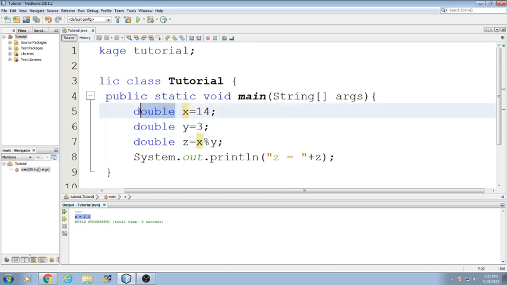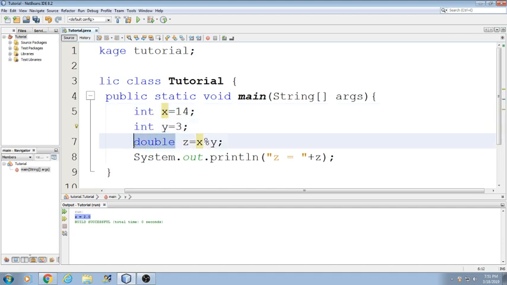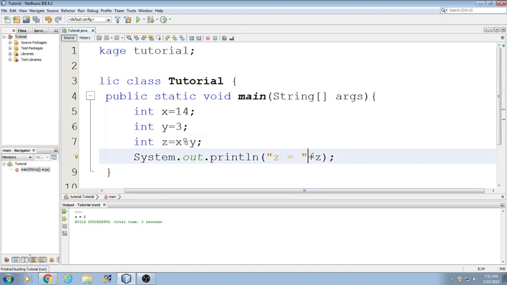So let's go ahead and turn these into int, just for right now. That way we can see. There's a reason I'm going over this. Int. Alright, so let's say we ask a second grader what 14 divided by 3 is. The second grader is going to say